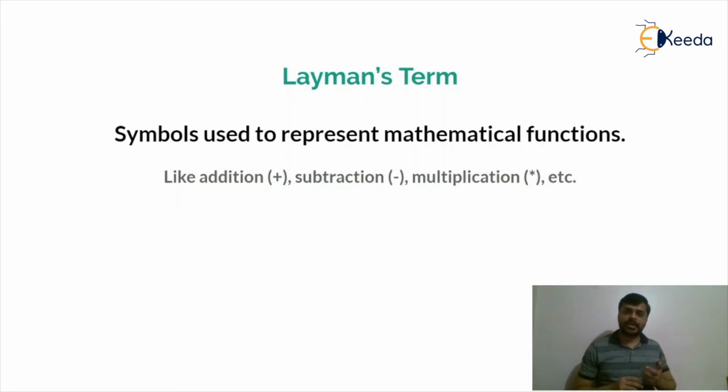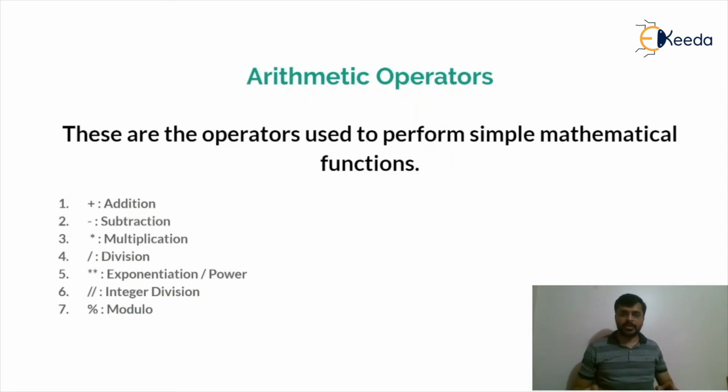These functions are like addition, subtraction, multiplication, division. For numbers, we are going to stick to arithmetic operators. There are some other operators, but we are not going to go deep into each and every one of them. We will see a limited set of operators which are used in Python for numbers. So let's see those. Arithmetic operators are the operators which are used to perform simple mathematical functions like plus